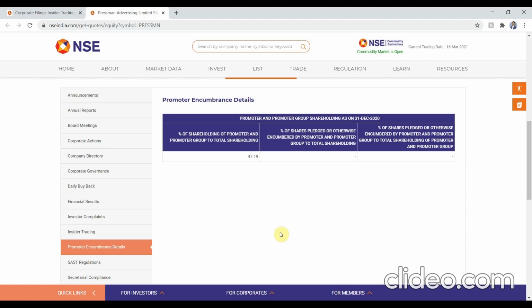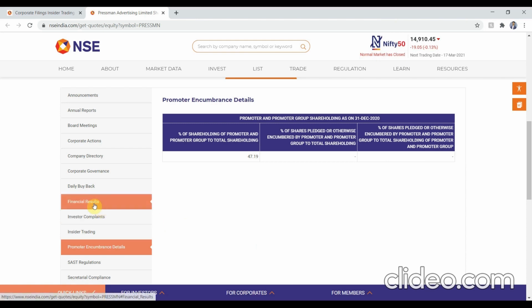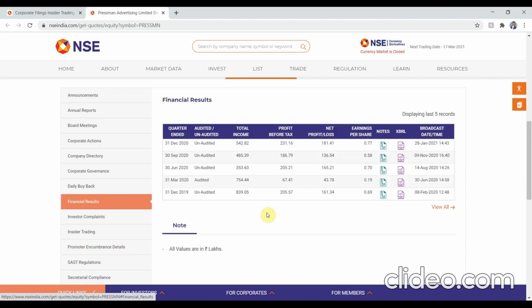Okay. And the fourth data point is an optional data point. You could ignore it, but I sometimes check it. That data point you will get in the financial results tab, in the earnings per share. The latest earnings per share that has been reported should be a positive number, even if it's a very low number, that is 0.001 rupees. Even if it's that low a number, but it should be positive, then it would pass the criteria.